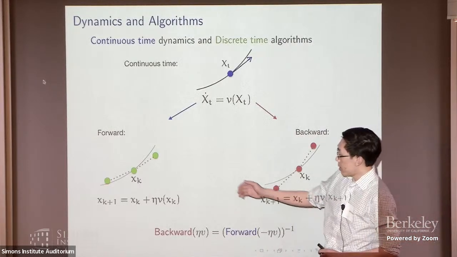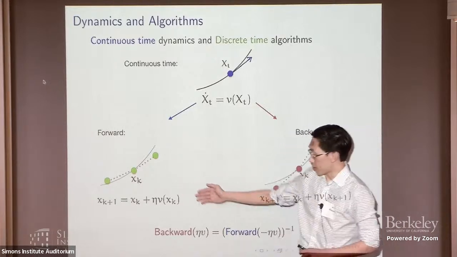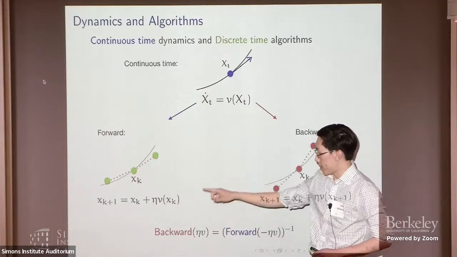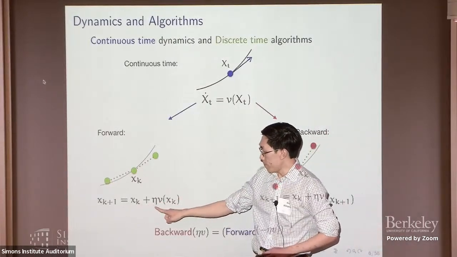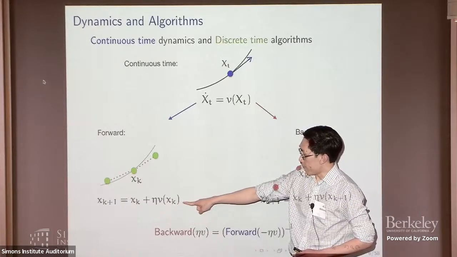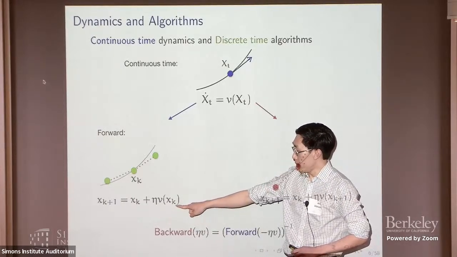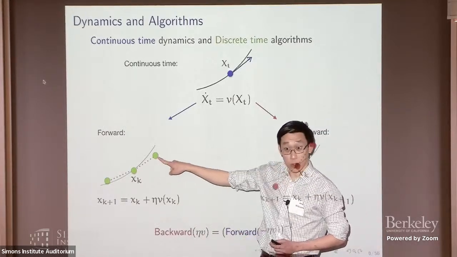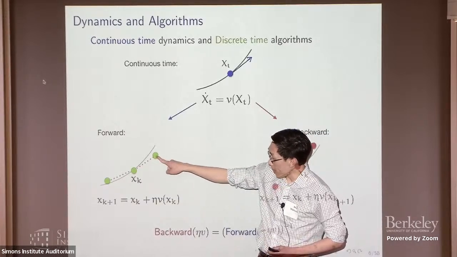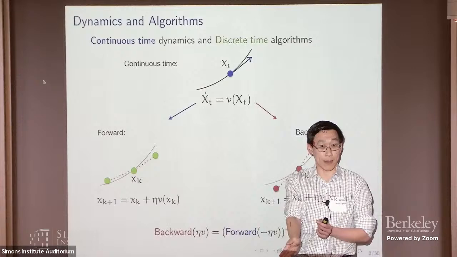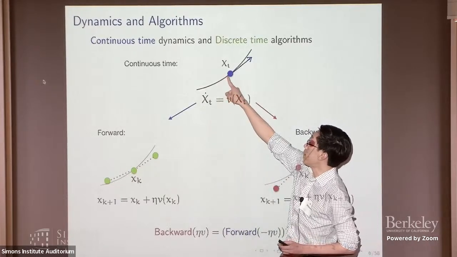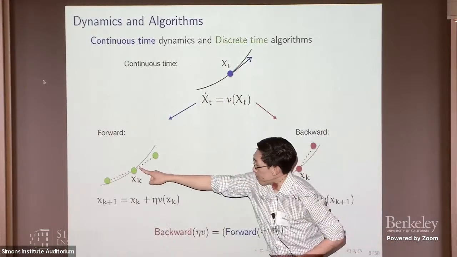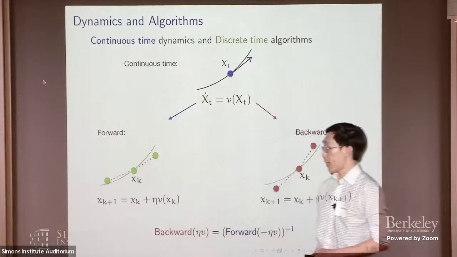The most basic way is what's called the forward method, or the Euler method. Here we are approximating the velocity just by the finite difference with some step size eta, and we are putting the vector field at the previous point. So this is like a Markov chain, that if you know where you are at x_k, then you can compute where you want to go next. But where you go next will be deviating from your continuous time curve, right? Because in the continuous time flow, you are actually always following your velocity, and here you are doing some discrete step approximation with step size eta.